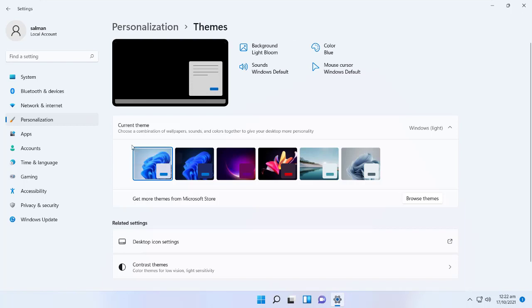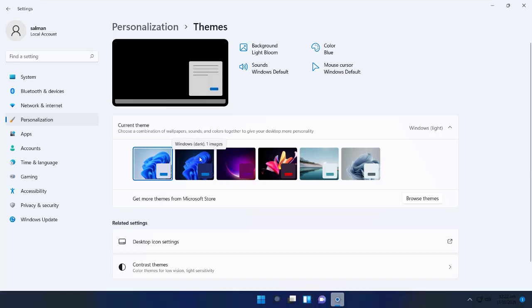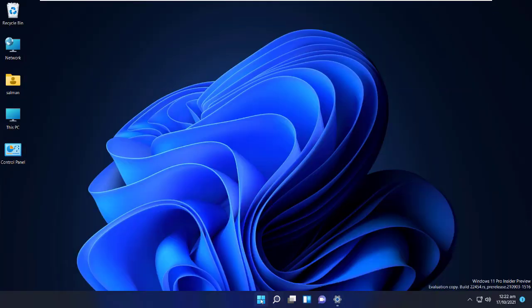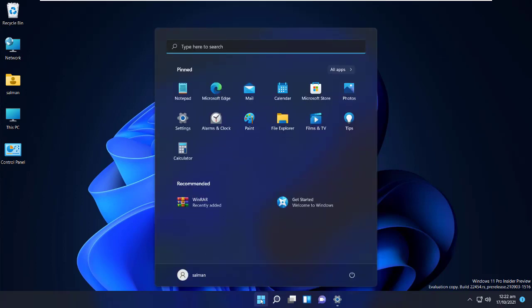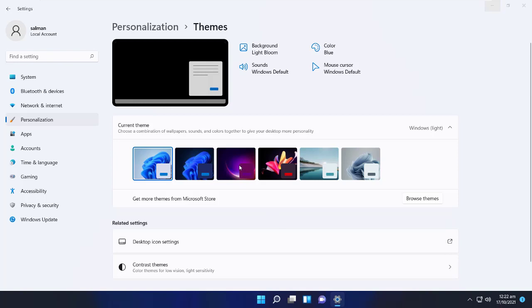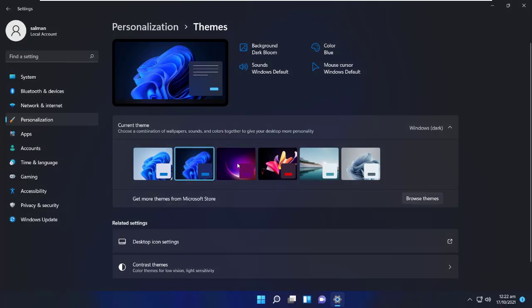the available themes are shown. The current theme is highlighted with the blue box, and it is called the light theme. Beside the light theme, there is a theme called the dark theme. So I click on the dark theme. As soon as I click on the dark theme, all the appearance of Windows 11 changes. You can see now all the icons and all the applications are in dark mode. You can play with these themes yourself. Windows 11 provides so many themes, depending upon the person's preferences.